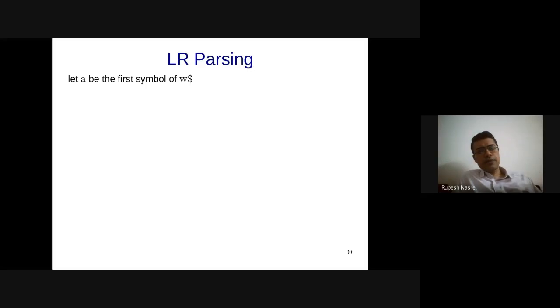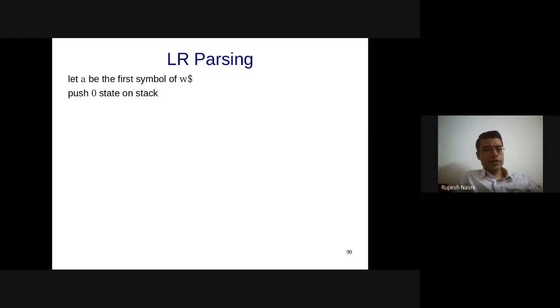So if a is the first symbol of the input string $, we are talking about bottom up parsing. Push the state 0 on the stack. We are definitely going to have this stack, which we were using earlier for shift reduce parsing, for shifting the symbols, as well as reducing using the viable handle on the stack. So the stack is definitely an important piece here, just that it doesn't come very naturally here, but in the algorithm it is going to come very easily because the shift and reduce are happening on the stack.